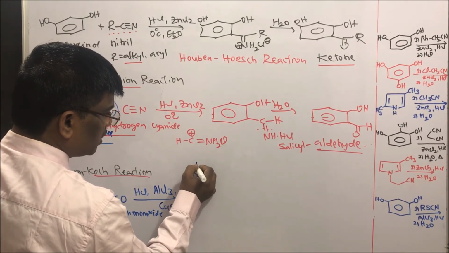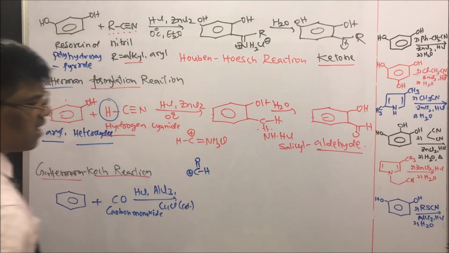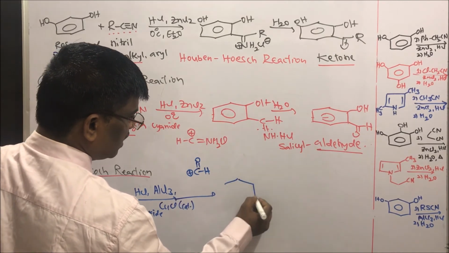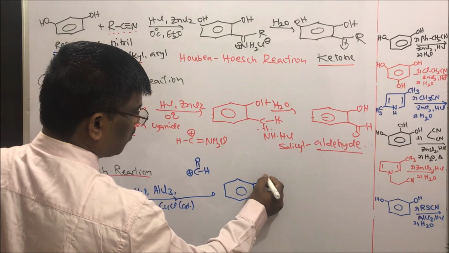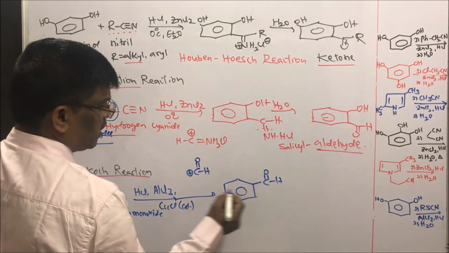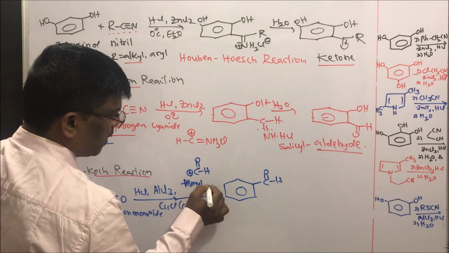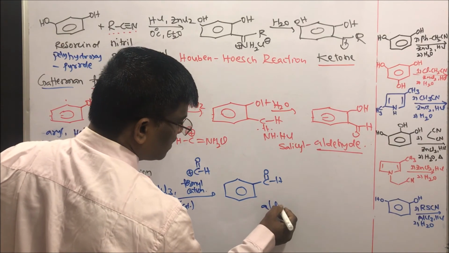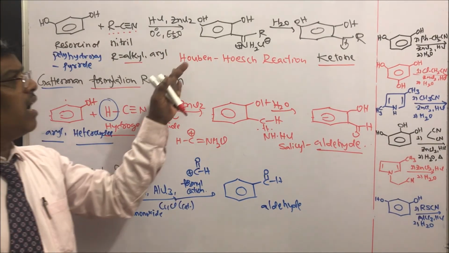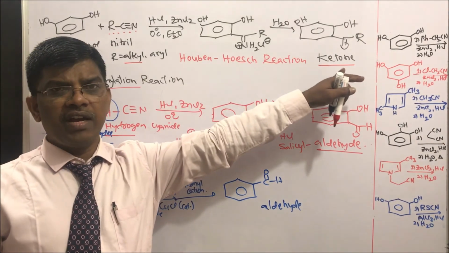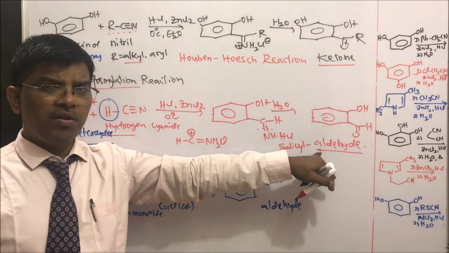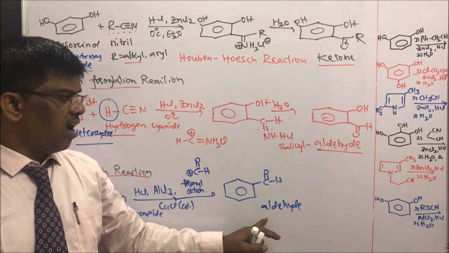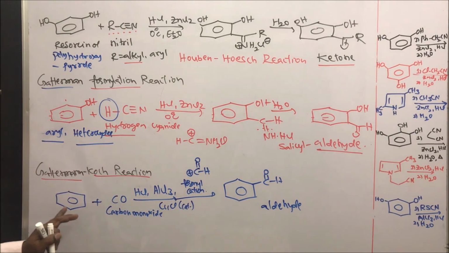and it is going to form the intermediate active species. This is the active species where it is going to formylate to give this direct aldehyde. We are going to get aldehyde here. Gattermann-Koch reaction. This is the formyl cation. So this is the active intermediate which gives aldehydes. Dear students, it is very simple. By Houben-Hoesch reaction, we are going to get ketones, whereas by Gattermann reaction, we are going to get formylation or aldehydes, and in Gattermann-Koch reaction also we are going to get aldehydes. So this is the beauty of these reactions.